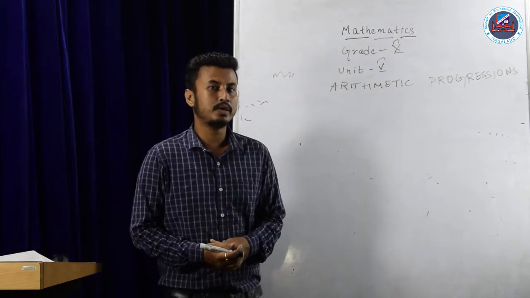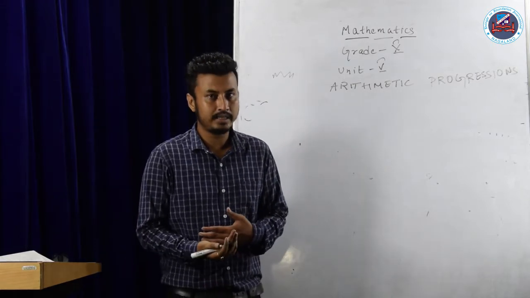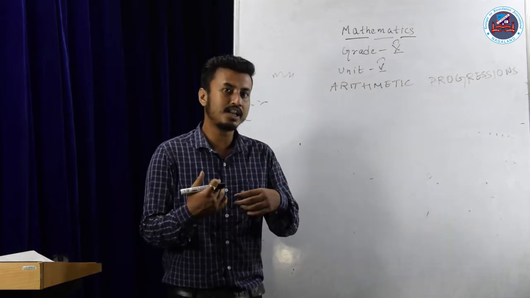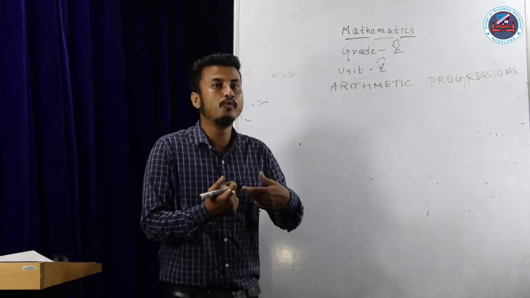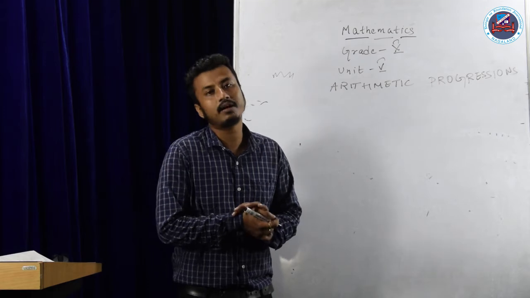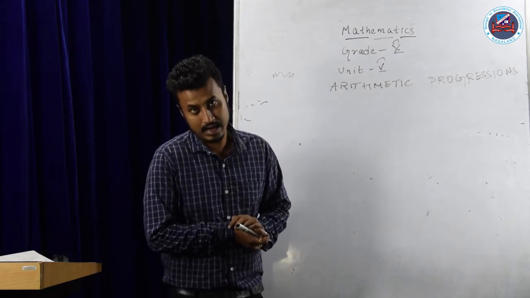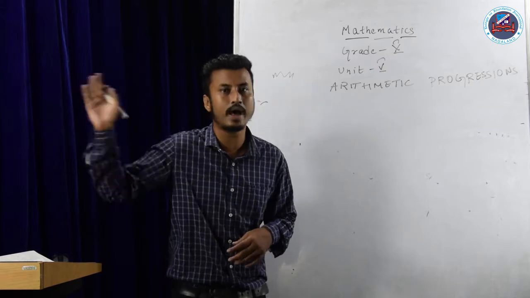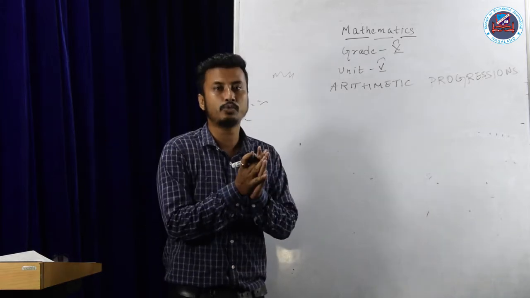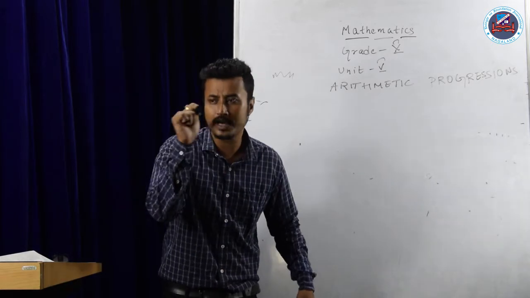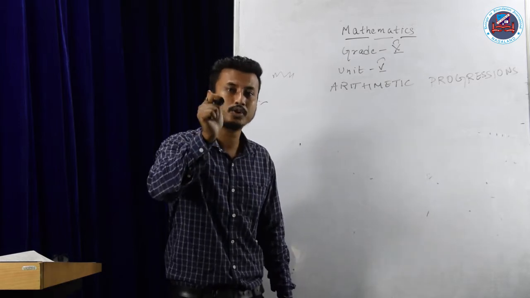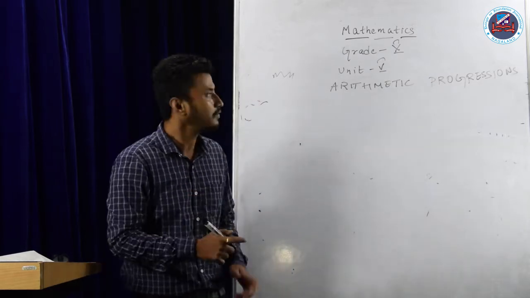In today's class, we are going to try exercise 5.3. Exercise 5.3 is a part of arithmetic progressions, but instead of finding out the number of terms or which term is what, you are going to find out the sum of n terms. That means suppose I have a sequence 1, 3, 5, 7, 11, it goes on till 101. What will be the sum of all the sequence? Instead of doing it 1 plus 3 plus 5 plus 7, there are certain formulas which you can follow to find out the answers. Am I clear?